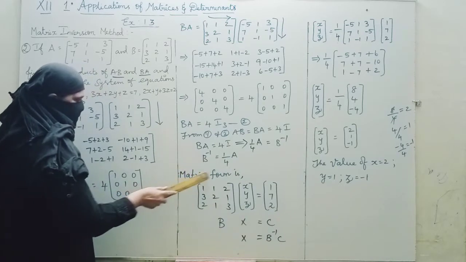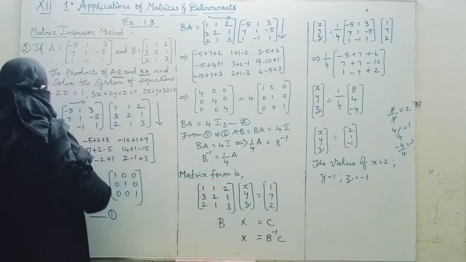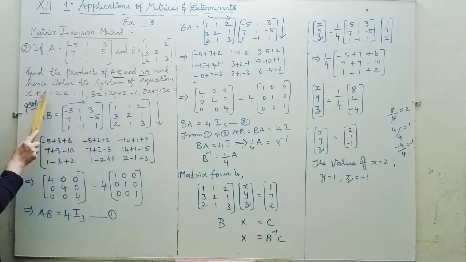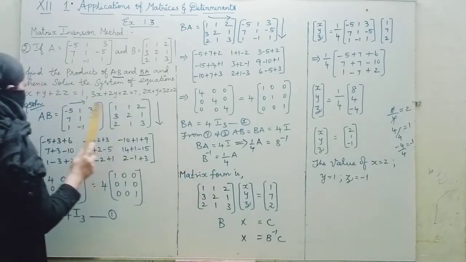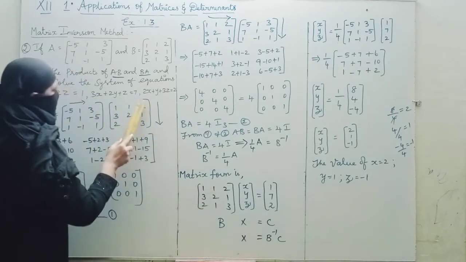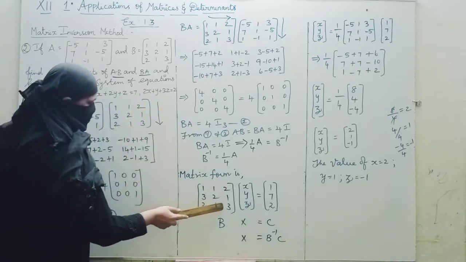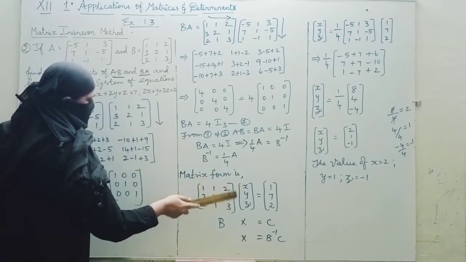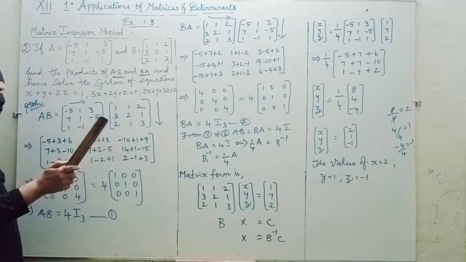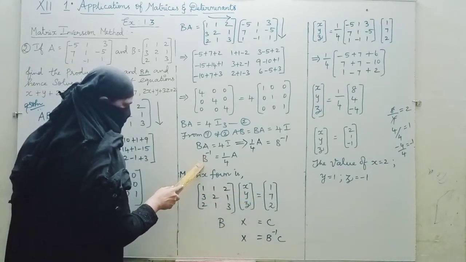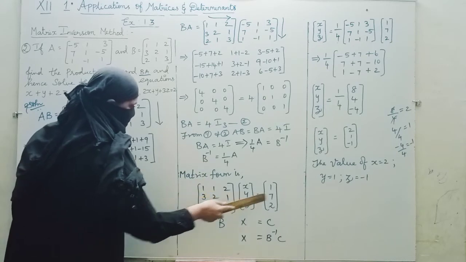Now you write it in matrix form. Matrix form, you can write this equation: 1 1 2 1 1 2. Next one is that B: 3 2 1. Next one is 2 1 3 2 1 3. What is the formula to find out the inversion method? Before, in the earlier sum, we found AX equal to B. But in this sum we found the value for B inverse. So BX equal to C.